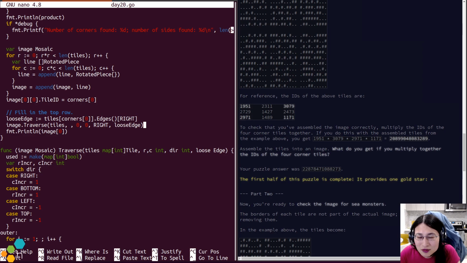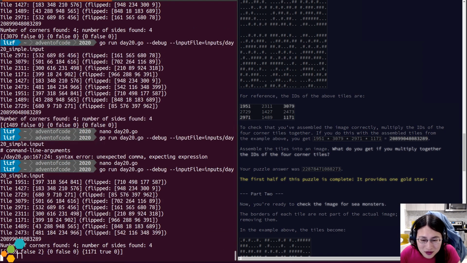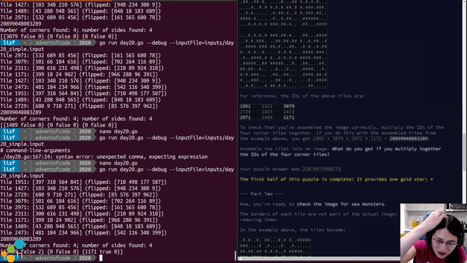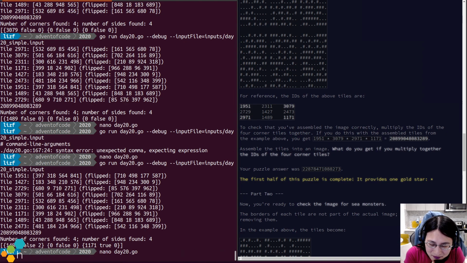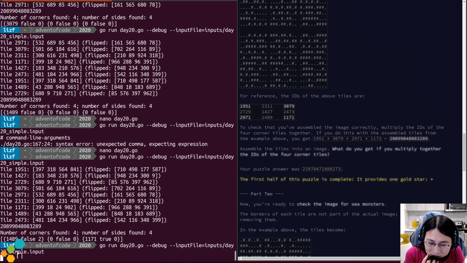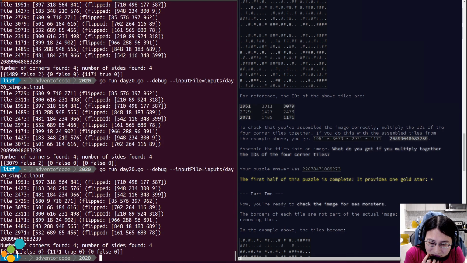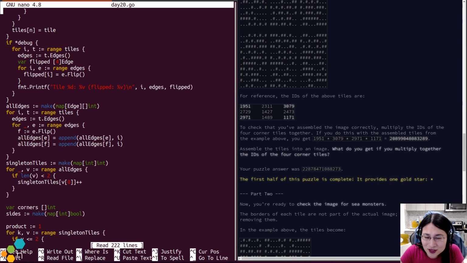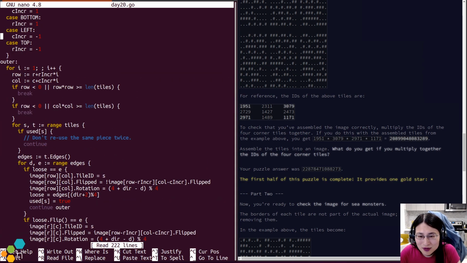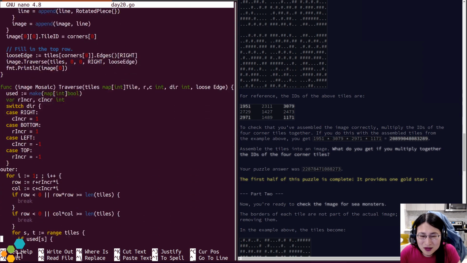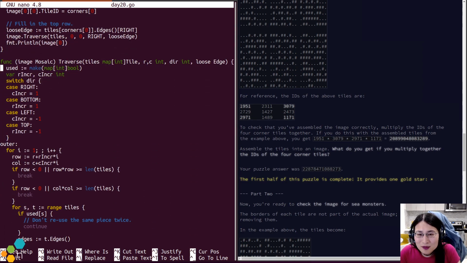Line 167. Oh, yeah, that doesn't need to be there anymore. Okay. That should definitely not be happening. Oh, I see the problem. So I need to specify what is used already.